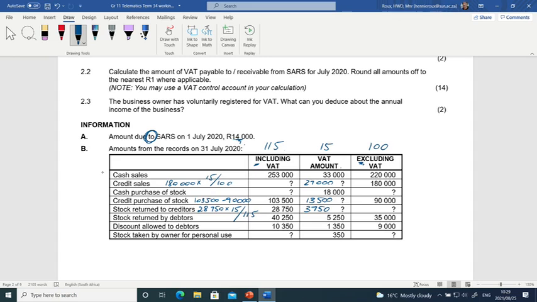We know that sales will increase the amount payable to SARS. We know that purchases will decrease it. Returns to creditors, we bought on credit, now we return, so it will increase. Stock returned by debtors, we sold, now it's returned, it will decrease. Discount allowed to debtors, we sold, now we allow discount, so it will decrease. And stock taken by the owner will always increase because we purchased and now he's the final user. So if you put that in the table,